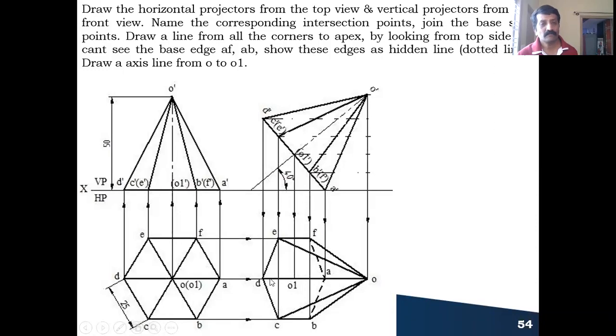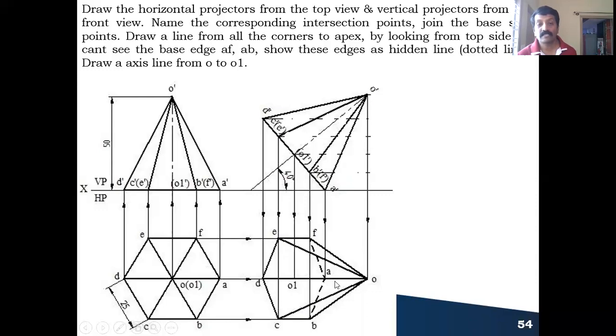D to O you can see, yes. E to O and C to O also you can see, and F to O, B to O you can see it becomes outermost boundary line. A to O I cannot see, but I cannot represent it here because already